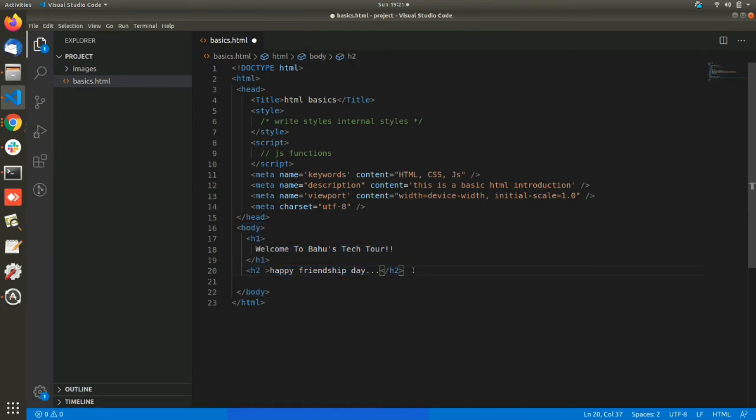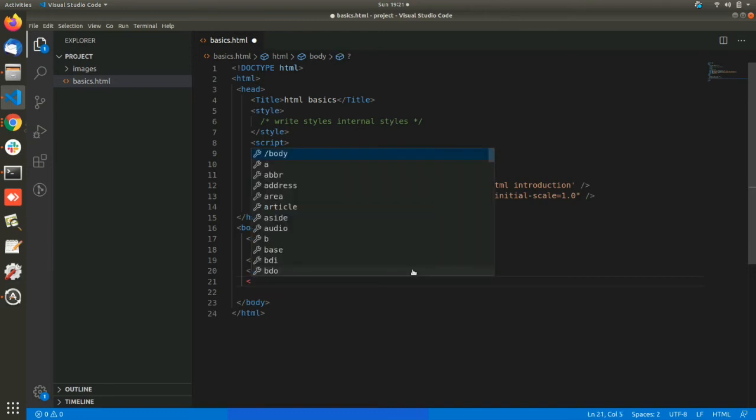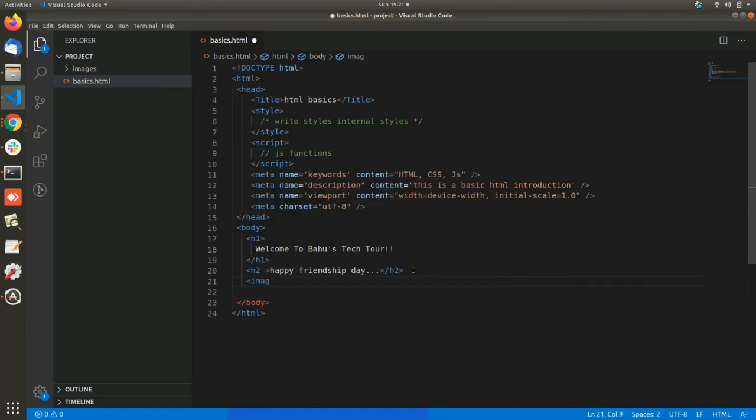One more thing we want to discuss is attributes. For example, I want to give some image. For the image, I have to give the path of the image within our folder. Directly, I can't give it. So for this, I use an attribute to give the path.